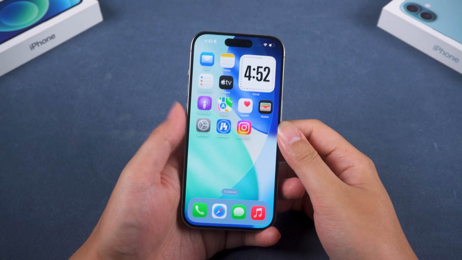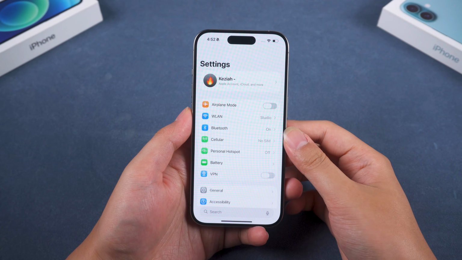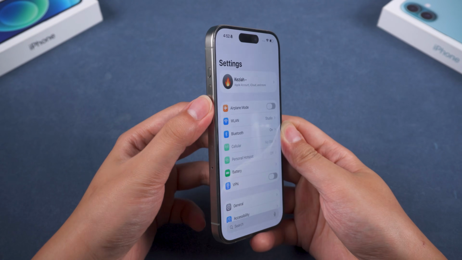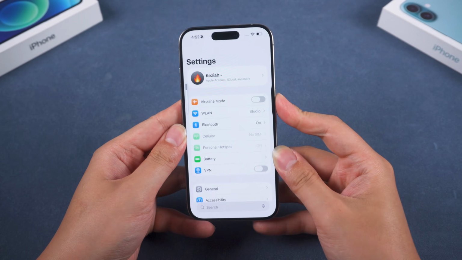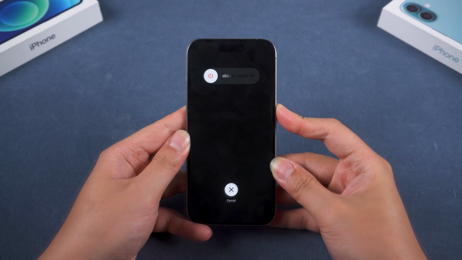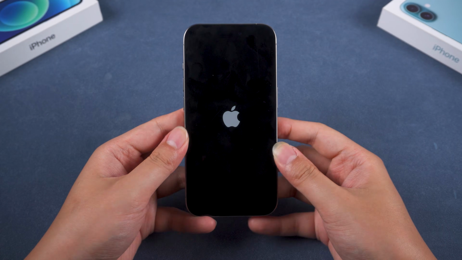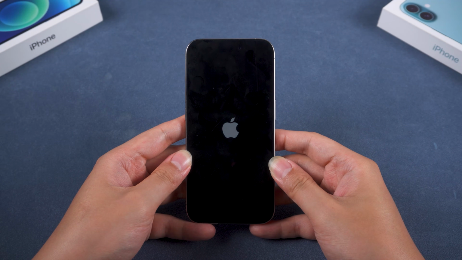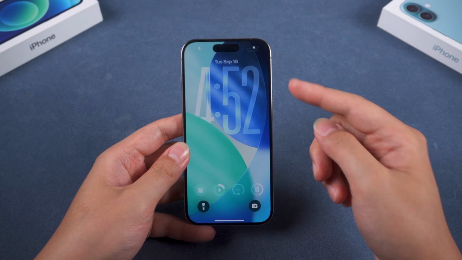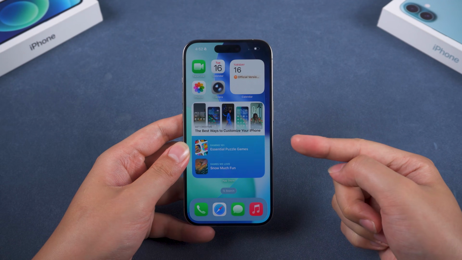In situations like this, I usually recommend restarting your iPhone. Press the volume up, then the volume down, and finally hold the side button. Wait until your iPhone screen goes black and the Apple logo appears, then release it. This way, your iPhone will reboot. It's a good idea to let your iPhone sit for a while and give the system some time to load